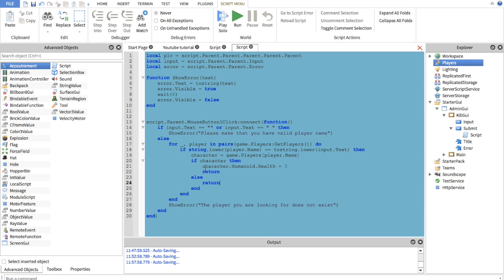We put return so that once the for loop is done and we find the player, the function just ends, and it doesn't go on to this end, so it doesn't show this error, even though you found the player and you've actually killed them. Or you didn't kill them because the character is equal to nil. Anyway,